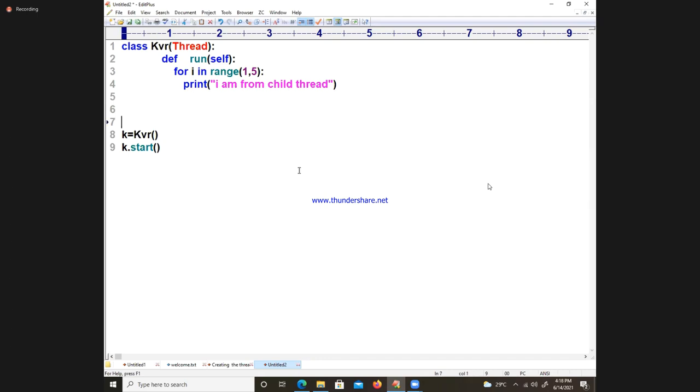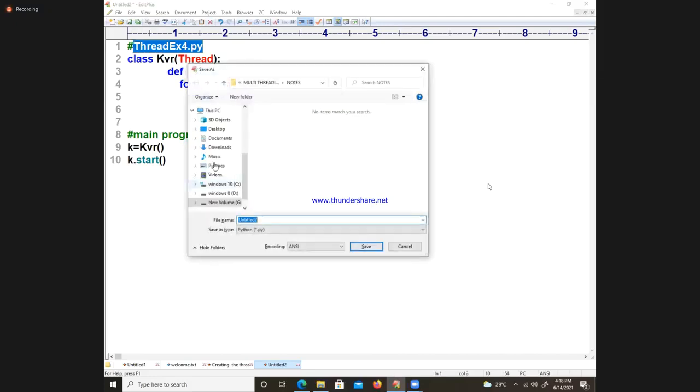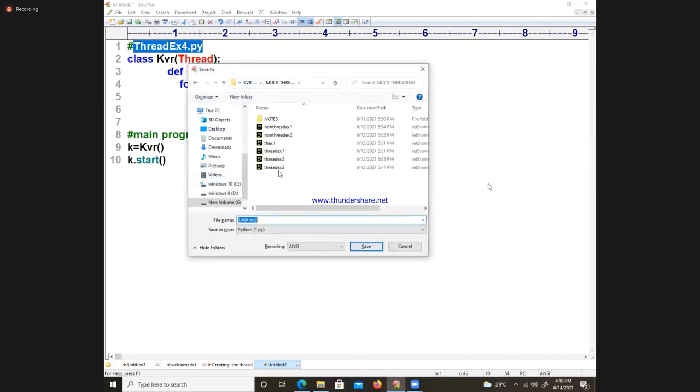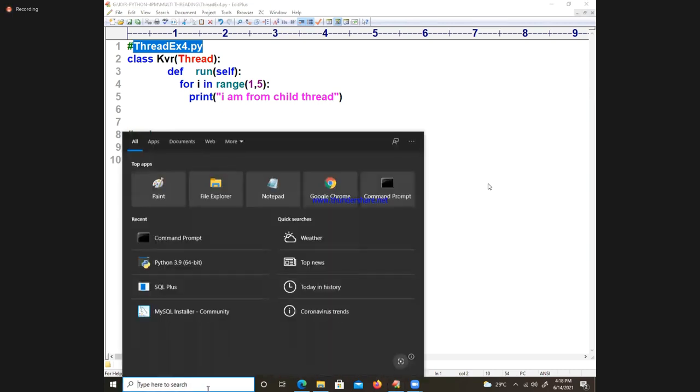Then coming to the main program, this is the main program. Execute it. I will save this file as thread example 4.py. Some file names I am giving. I will just save it, go to the location, thread example 4 only. Coming to the command prompt,